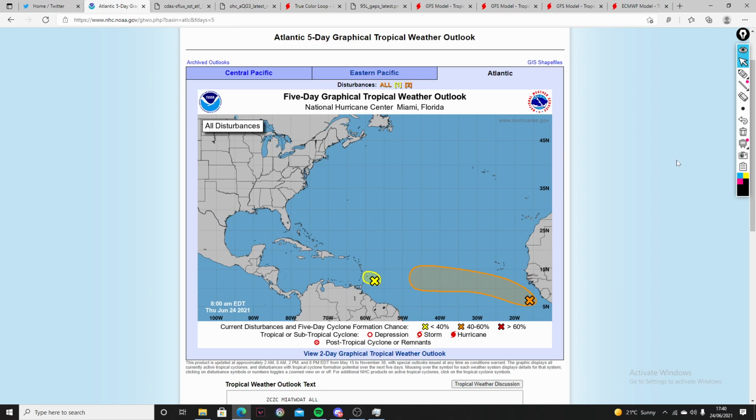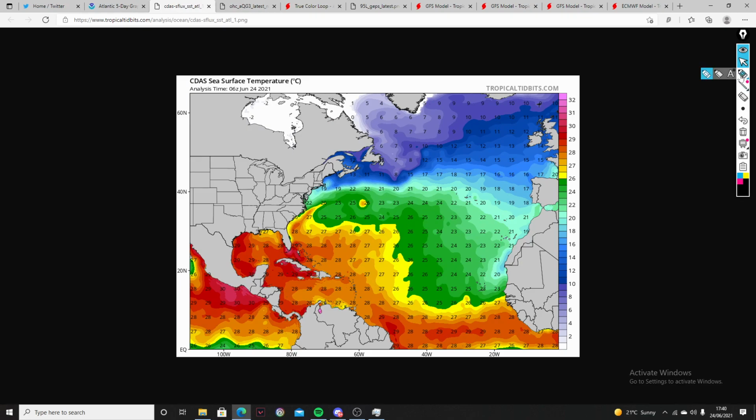Today we're going to be looking at newly designated Invest 95L in the main development region. So we're just going to be discussing its environment and its potential to become a depression or storm over the next couple of days. Taking a look at sea surface temperatures where the storm is located, the NHC does have